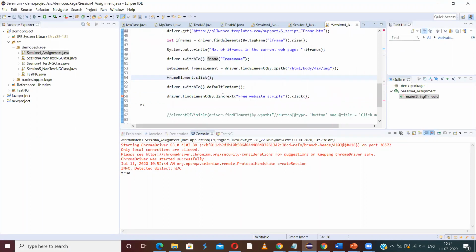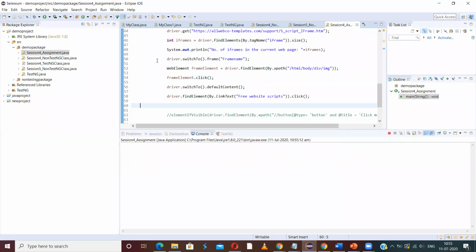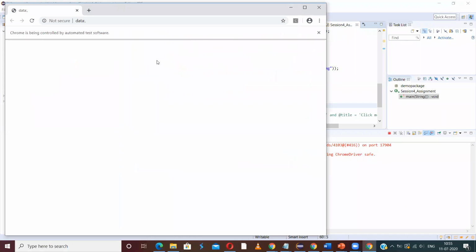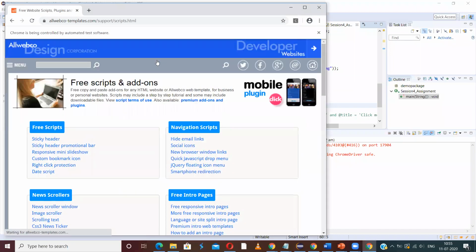After moving to the main web page, I am clicking on a link which has the link text free websites scripts. So this is the answer for the question in the exercise. Let me quickly run this. It has quickly done all these things.